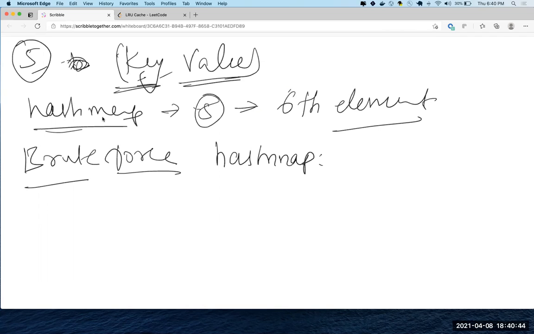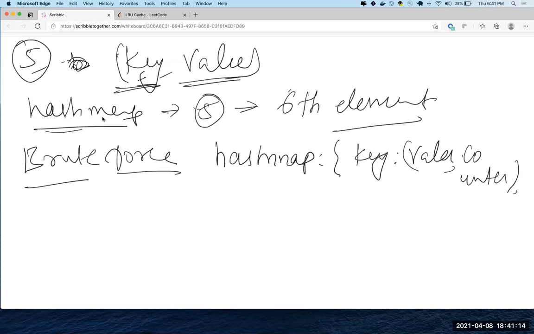Again, just a raw thought, but keep a counter. Whenever we want to remove one item, look through this and find the one with the least counter, and then remove that. Again, it's a very raw thought though.